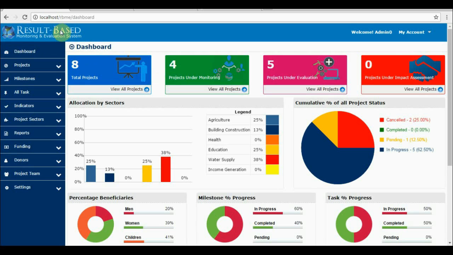As you can see on the left here, this software is called Result-Based Monitoring and Evaluation System. It's a system we've already developed for this course, and we are going to use it as a demo, and it will also help us understand specifically all the features that have been listed that we're going to cover. Now, this is the dashboard,